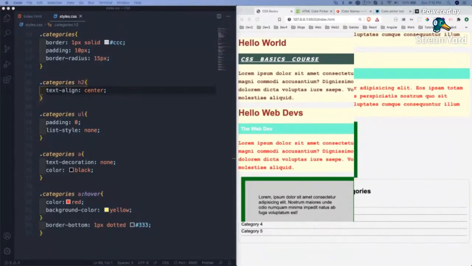So the assignment is to redo what I had done today, but change the values of all the properties.